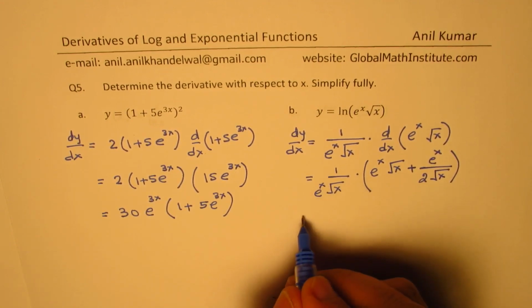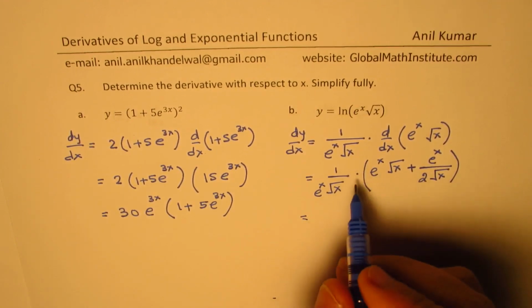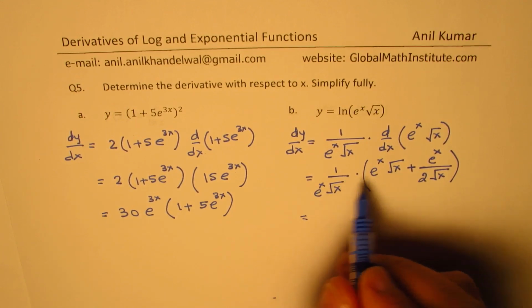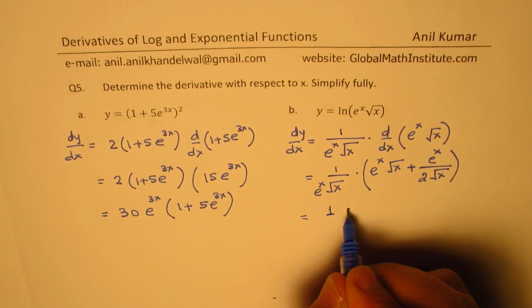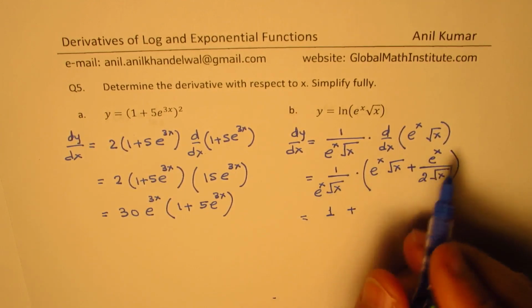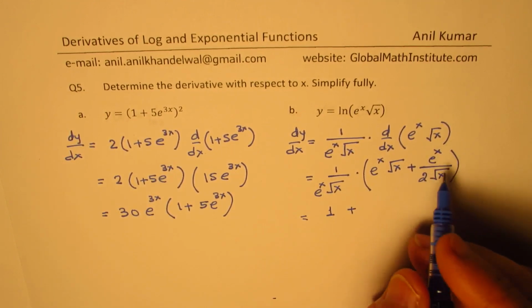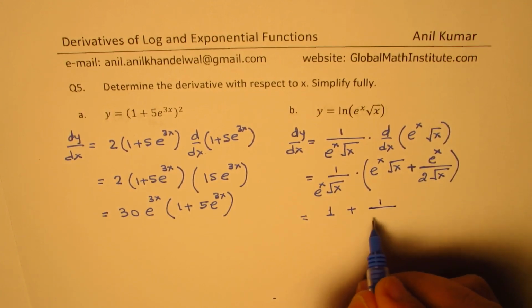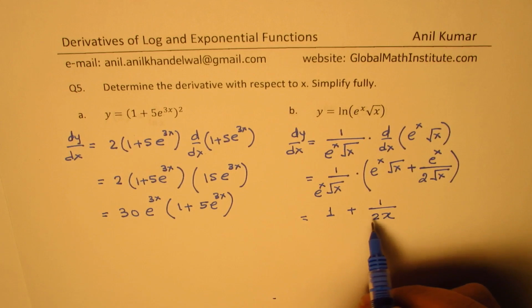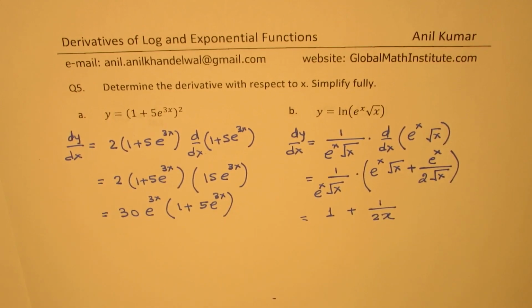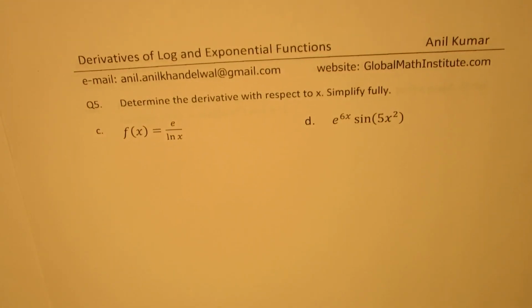Now we can open this bracket. So if you multiply with the first term, you get e to the power of x over e to the power of x, this becomes just 1, plus the next term, e to the power of x, e to the power of x cancel, and you get 1 over 2x. Is that clear? So 1 over 2x. So that becomes your answer. Is that clear to you? Right. Now let's take the next question, which is